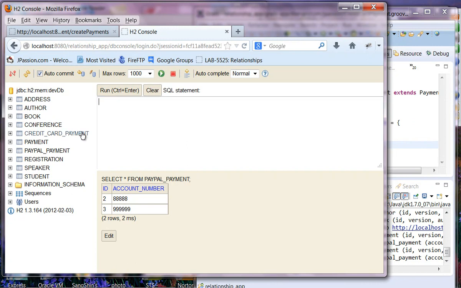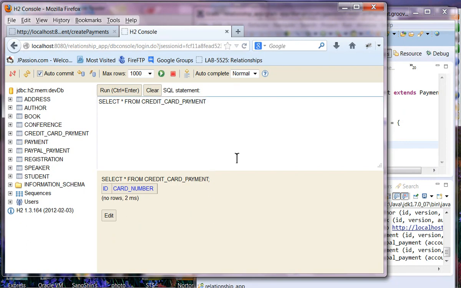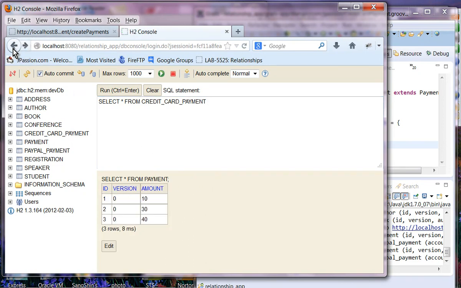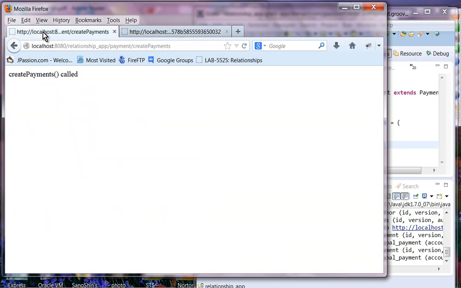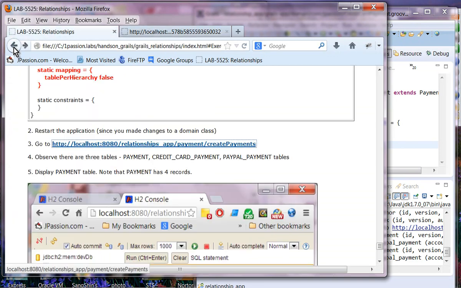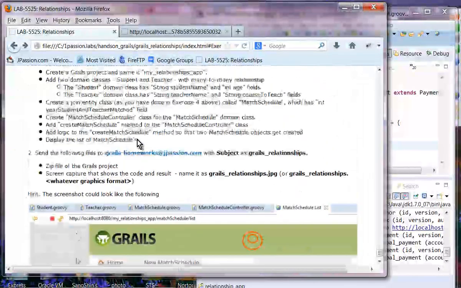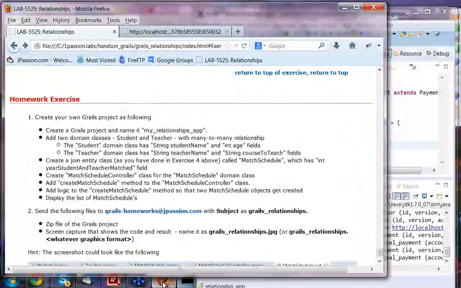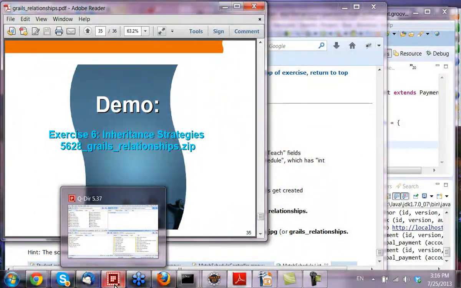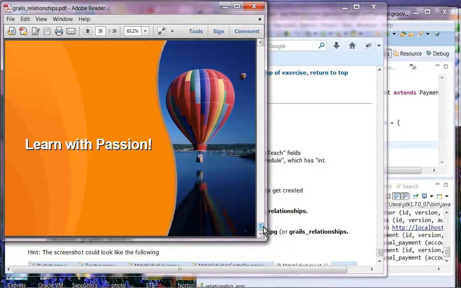So let's clear and credit card payment, and if I run it, then I can see somehow the table is created, but somehow the data is not being entered correctly. But you actually see the point of how things work. Things worked, right? All right, so that is the inheritance strategy. I believe that's the end of the presentation. Okay, so let me just say